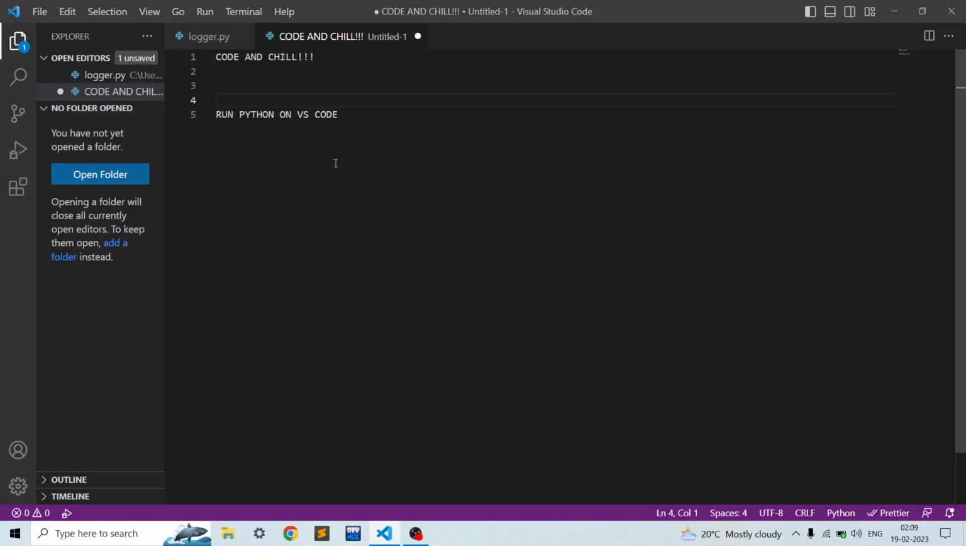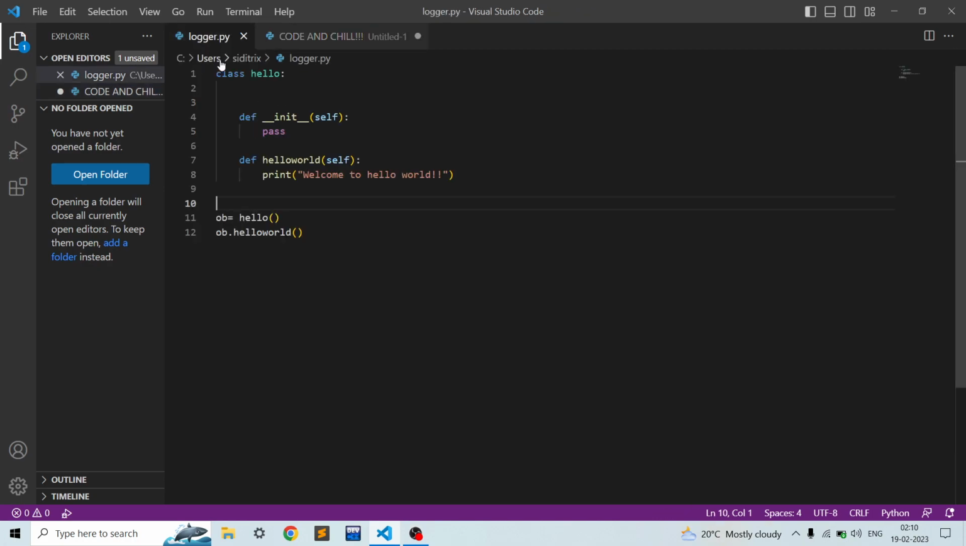In this video, we will learn how you can run Python on your Visual Studio Code IDE. By default, it doesn't come pre-configured to run Python, so you need to install what are called extensions. Over here, I have one logger class, and as you can see, if you go to the Run